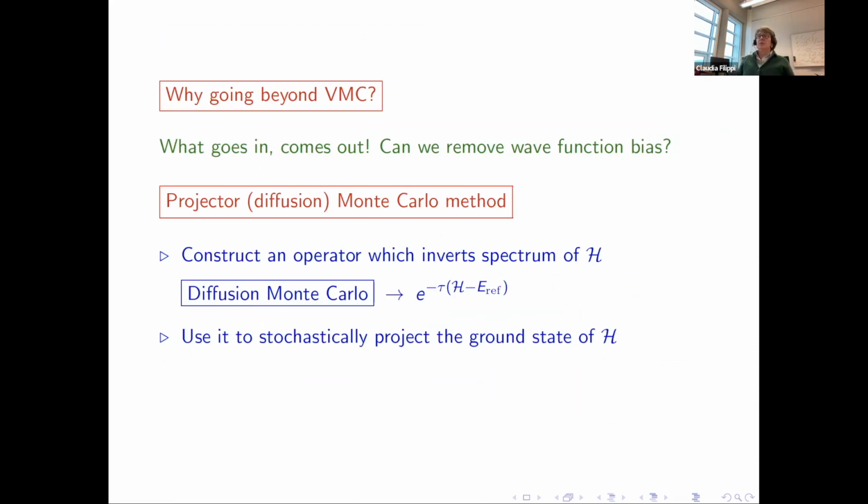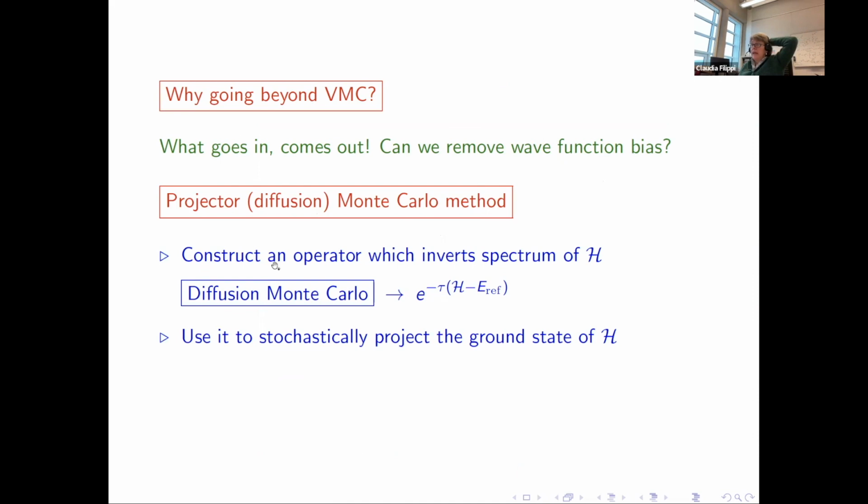I think that's where we were. What we said is, why go beyond VMC? You start from a wave function, you do your best, for example, to optimize the parameters, but still, what goes in comes out. We would like to remove the wave function bias, and I talked about projection Monte Carlo. I showed some diffusion Monte Carlo results. It's not the only choice of projection you can do, but that's the most common one.